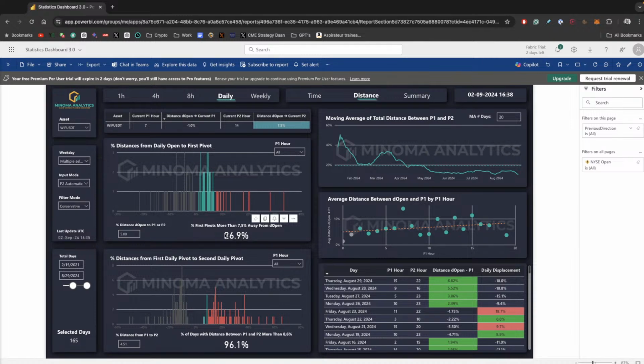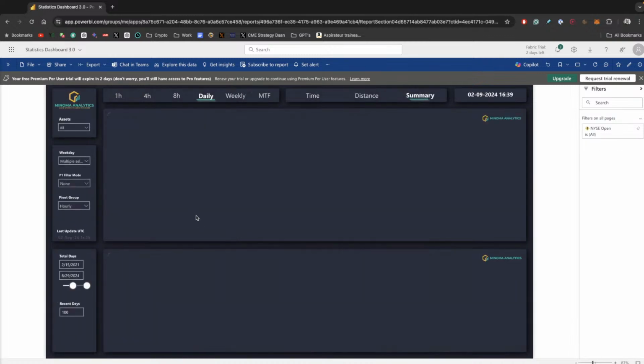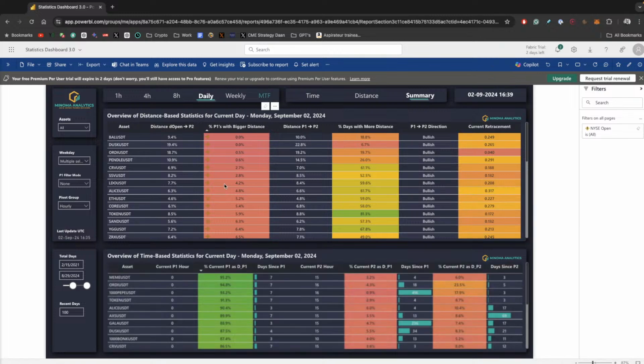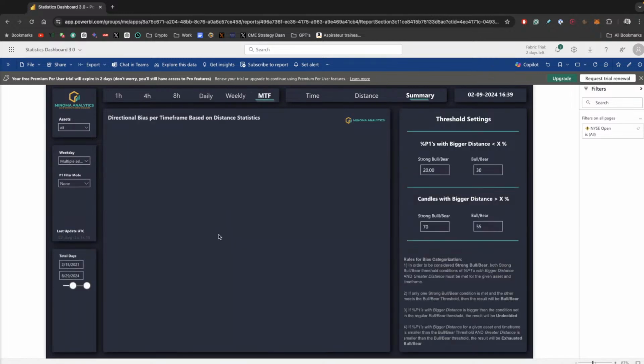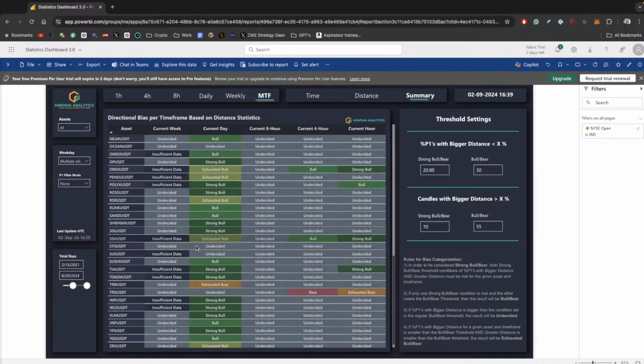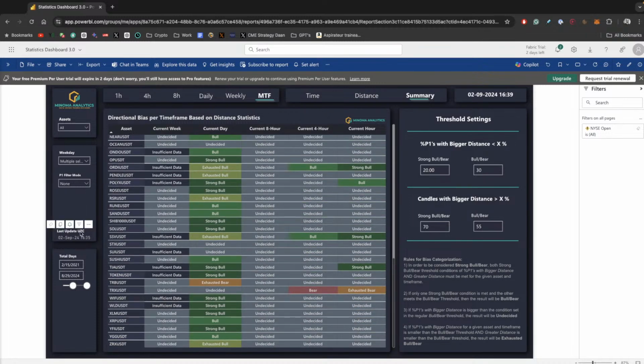So basically what it means is that if P2 is put in later than hour 1, 26.9% of days put in the P1 7.5% away from the daily open or more. And if you just look at all the data, then it's only 15%. So this is the reason you're going from bull to strong bull on WIF and many other assets on the multi-time frame page. Let me check this here. Strong bull on none, conservative,